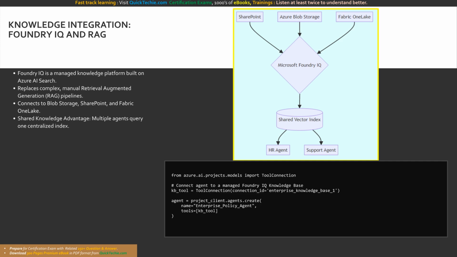Instead of writing complex RAG retrieval code, you integrate enterprise knowledge by simply attaching the centralized Foundry IQ tool connection directly to the agent's tool array. This visual highlights the shared knowledge advantage. Disparate data sources like SharePoint and blob storage sync to Foundry IQ, creating a centralized vector index accessed simultaneously by